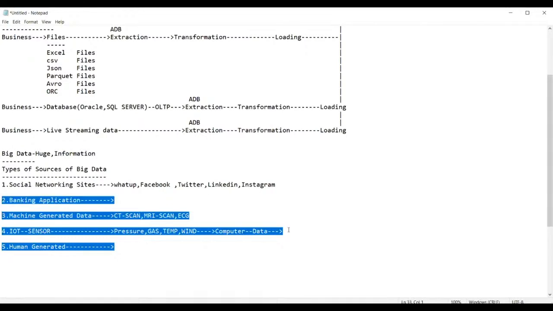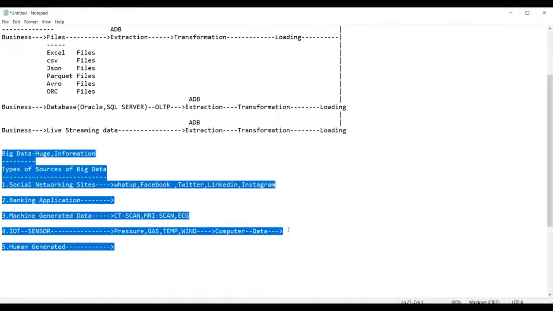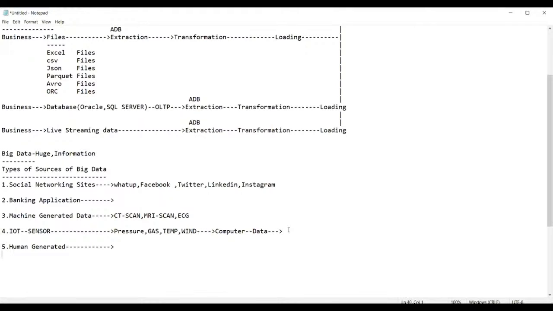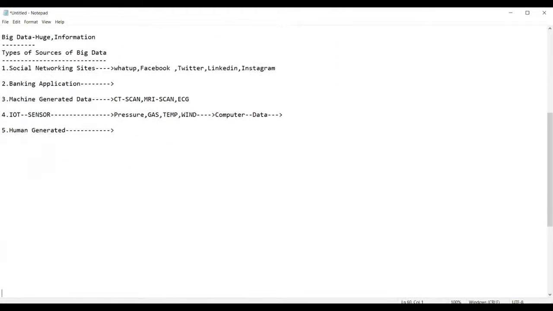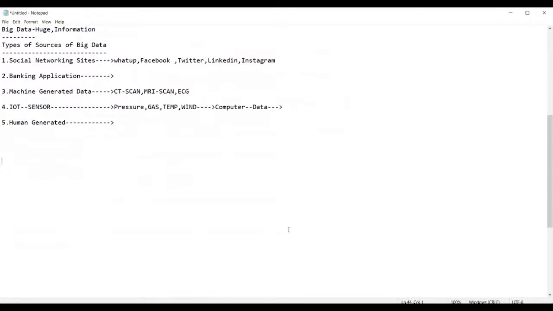But guys, this big data has some categories. That means we can say types of big data. We can have various types of big data. So now I will say types of data. Now, guys, what are the types of big data? Generally, you will have the following types of big data. The first type of big data which you can consider